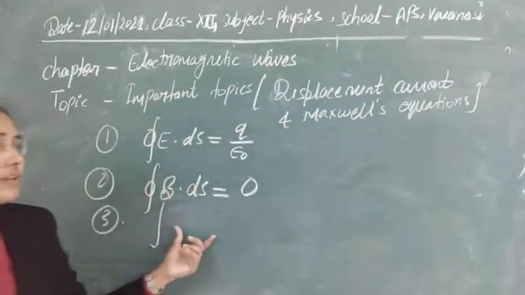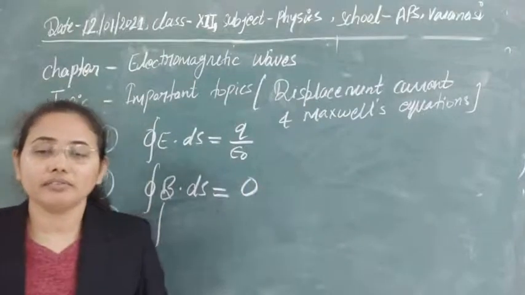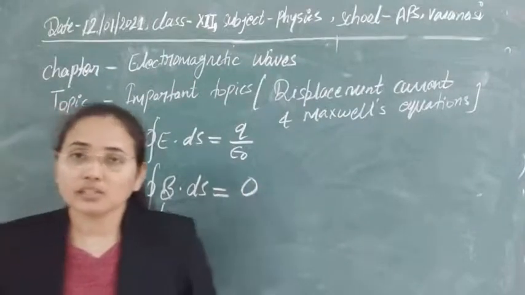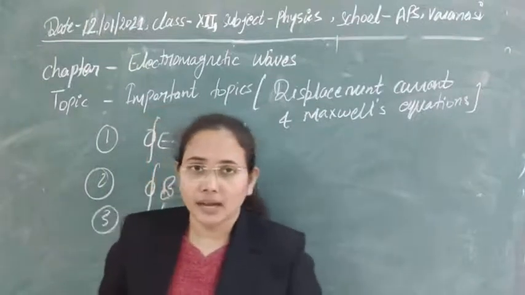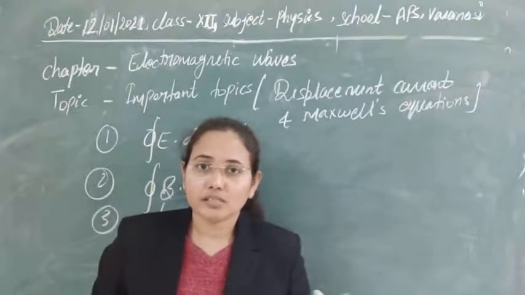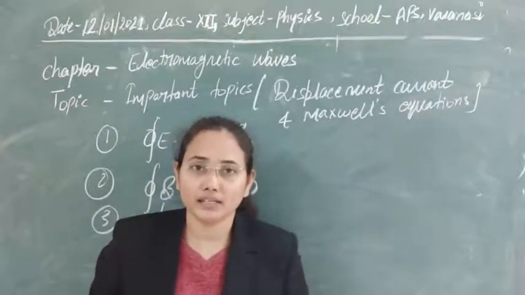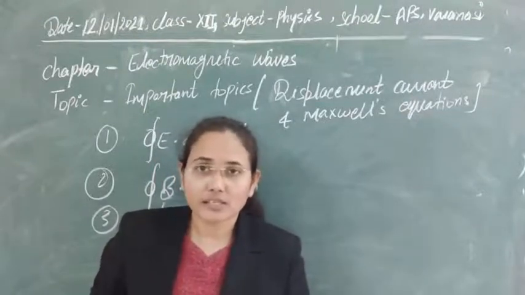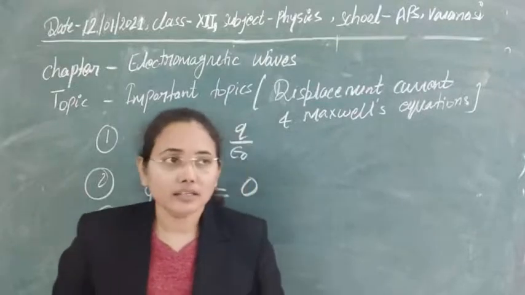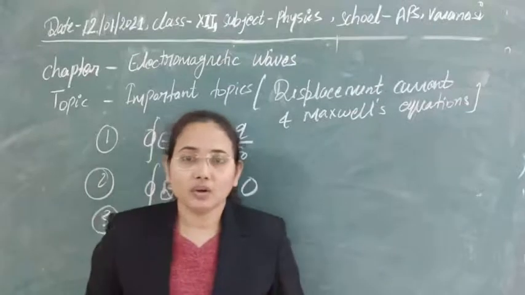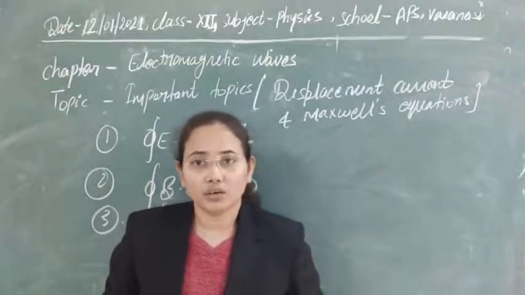So the third case is when the magnetic field is varying and there is production of an electric field due to it. You know that this is the electromagnetic induction process, and for that process the most important law is Faraday's law of electromagnetic induction. So Maxwell's third equation is Faraday's law of electromagnetic induction. Actually here we are taking the basic law that can explain the particular fields about which we are talking.